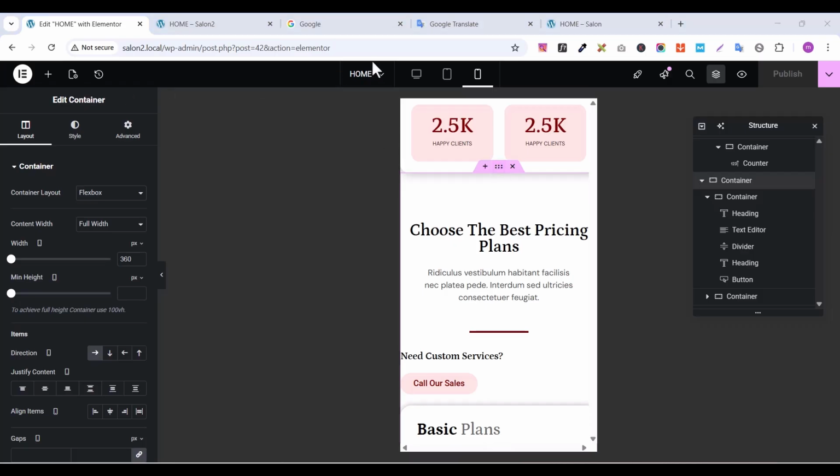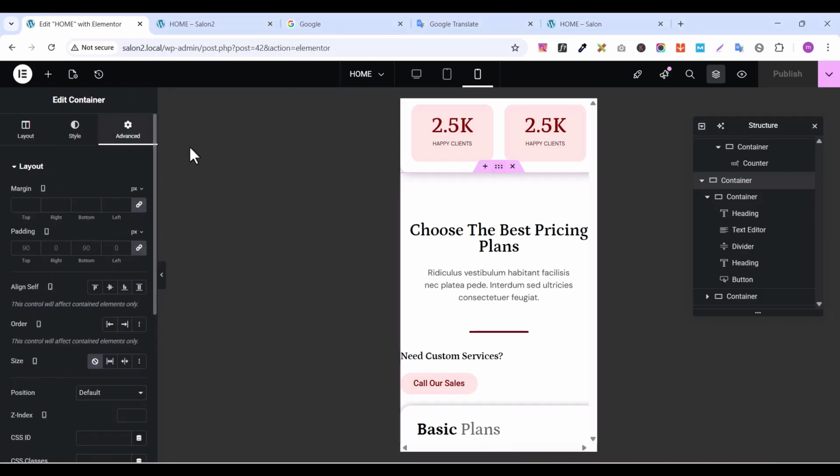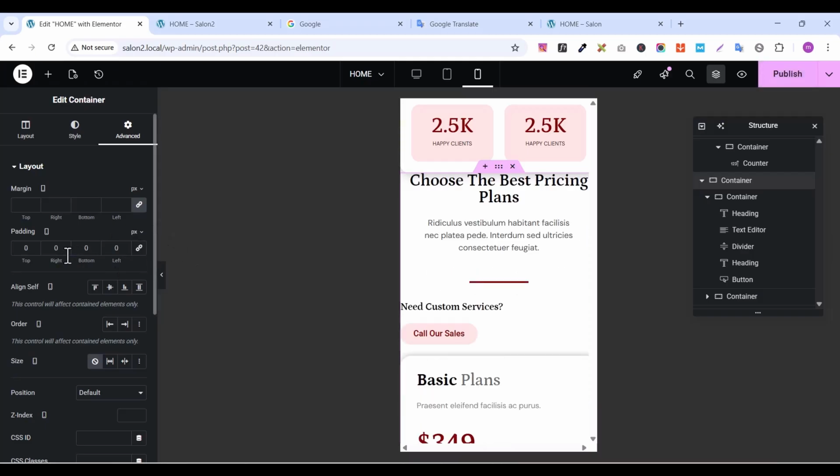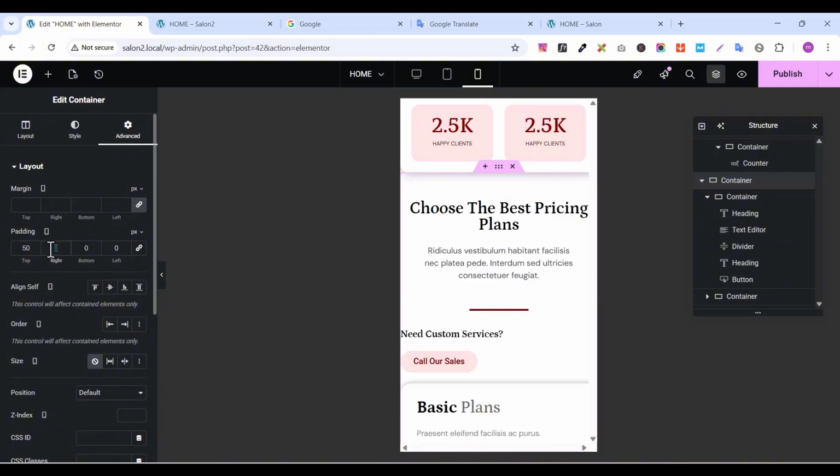So let's select this one and go to advanced, and let's give in some padding. Let's uncheck here. Let's give it some top padding of 50, right 15, bottom 50, and the left 50. Okay, we can do it like this, and let's select